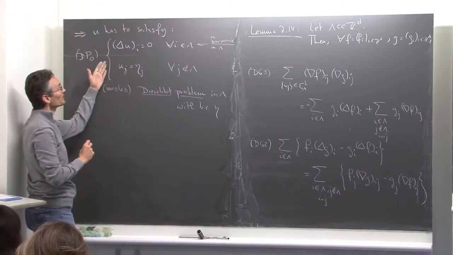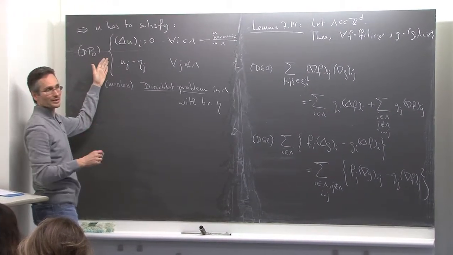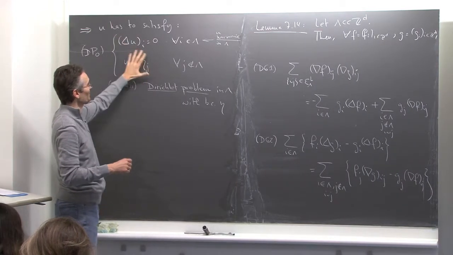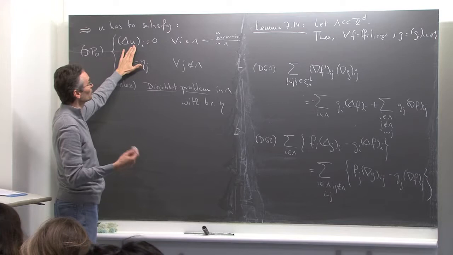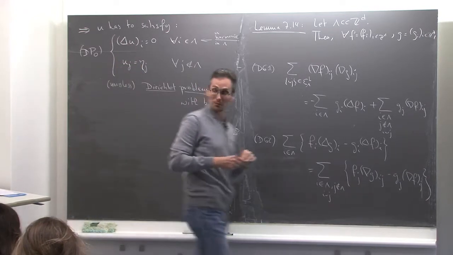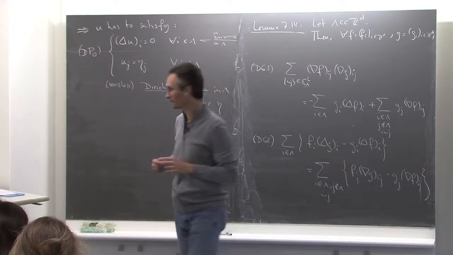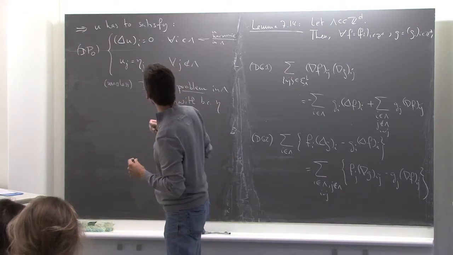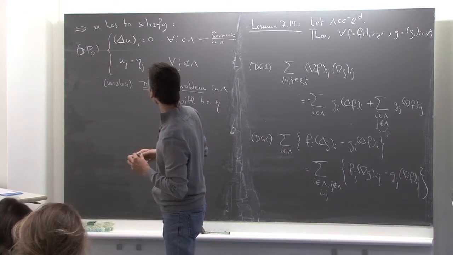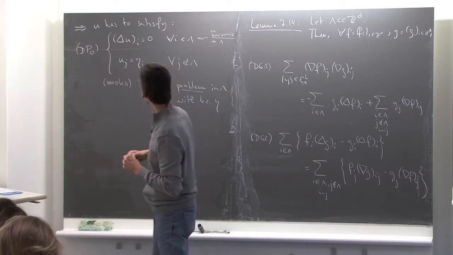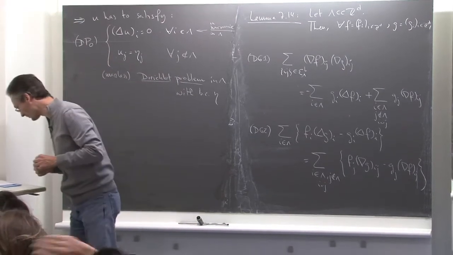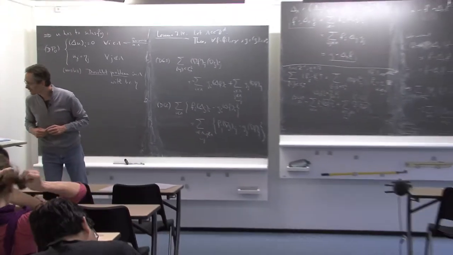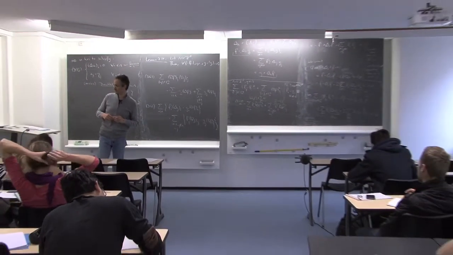Good, so it's not completely clear a priori. Maybe you've already done that in 10,000 courses, but a priori it's not completely clear that such a system has a solution and that it's unique. So we'll show, just after the break, that there is a unique solution, and then I will provide you an explicit solution in a few minutes or next week. I don't know where we'll go. So let's resume at, say, 25 past.